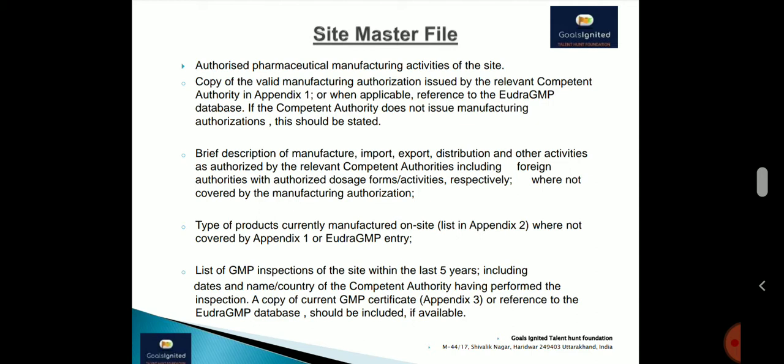Everything needs to be mentioned: whatever foreign GMP audits you have, what regulatory inspections you have faced, what accreditation approvals you have. All this information must be accommodated in the site master file. In other words, it is a representation of all the activities, basically the quality management system of the whole plant, including the operations activity, and a brief about the key persons working at the site. It accommodates all this information. A list of the GMP inspections in the last 5 years needs to be incorporated. This is one of the mandatory requirements. GMP certificates, appendices are there, so they need to be mentioned and incorporated in the site master file.